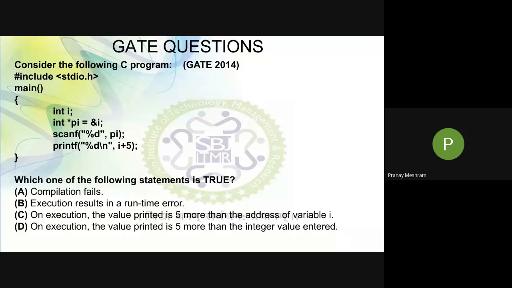अब वहाँ पे एड्रेस पे वो क्यों नहीं जा रहा है, क्योंकि सोचने की बात है, स्कैनएफ फंक्शन को हमेशा एड्रेस लगता है और जो कुछ भी वो डेटा स्टोर करेगा वो आई में जाएगा। और आप प्रिंट किसको कर रहे हो, आई को कर रहे हो। आपने पीआई को प्रिंट किया है क्या, नहीं किया है। आपने आई में +5 किया है, पीआई में +5 नहीं किया है। अगर पीआई में +5 किया होता तो उस केस में आपका सी ऑप्शन सही होता, बिकॉज पीआई इज होल्डिंग द एड्रेस। लेकिन आपने आई में +5 किया है, तो ऑब्वियस सी बात है कि आई वो सिंपल वेरिएबल है ना, तो उसकी वैल्यू अफेक्ट होगी, उसका एड्रेस अफेक्ट नहीं होगा। गेटिंग माई पॉइंट। तो तीसरा ऑप्शन रूल्ड आउट हो जाता है इसकी वजह से। तो करेक्ट ऑप्शन क्या है आपका, डी है ये।